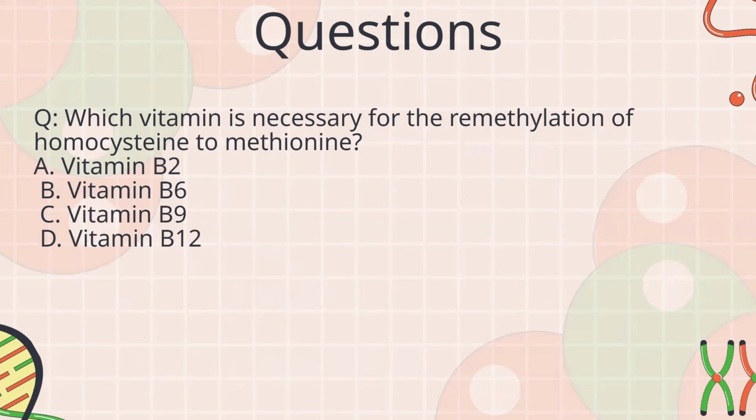Which vitamin is necessary for the remethylation of homocysteine to methionine? Vitamin D, vitamin B12, and also there's folate. I think this question might be wrong. I think here this is also right. C is also right because vitamin B12 and folate, which is vitamin B9, both contribute to it. I guess this was a mistake in the past questions. But both of these are correct. But imagine if this was to be B1, for example, vitamin B12 would be the answer here.